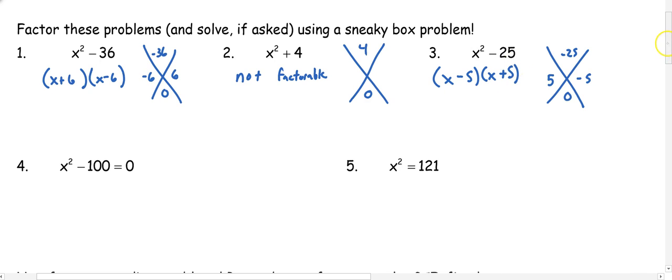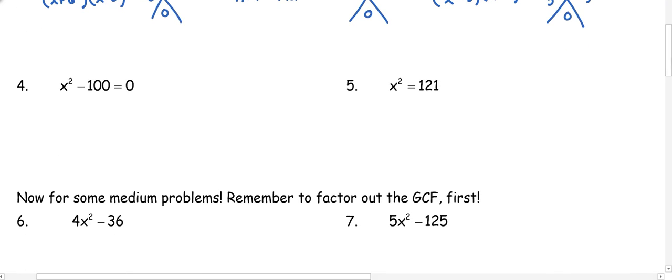Number 4 and 5, now there's an equal sign, so we're going to factor and solve. So if we have x squared minus 100, we need two numbers that multiply to negative 100 and add to 0. So those numbers are going to be 10 and negative 10. So we have x plus 10 times x minus 10